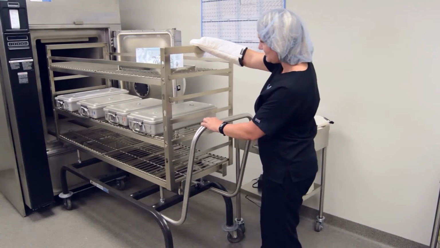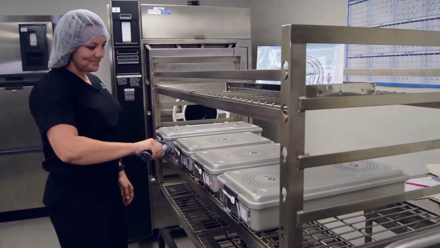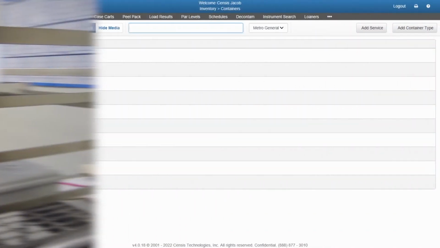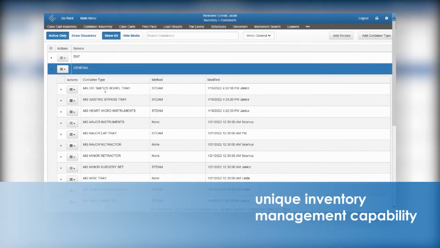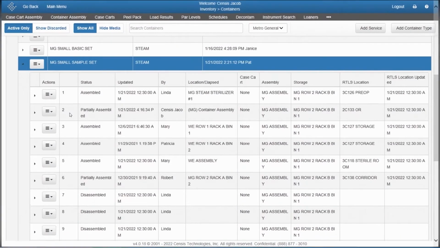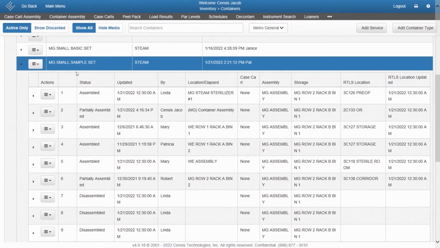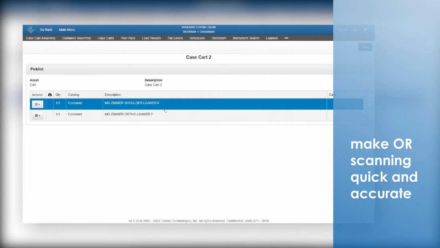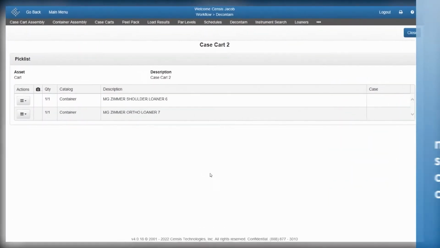Once assets have arrived in storage, the goal is to accurately and efficiently provide them to the OR on time. CensiTrac's unique inventory management capability can reduce case card assembly time, improving time spent searching for peel packs and containers. CensiTrac's mobile application also provides efficient scanning strategies that make storage and OR scanning quick and accurate without the need